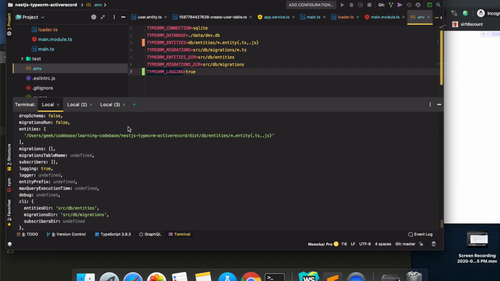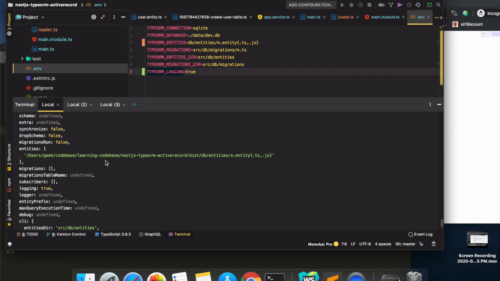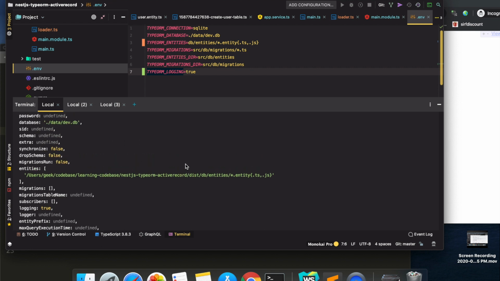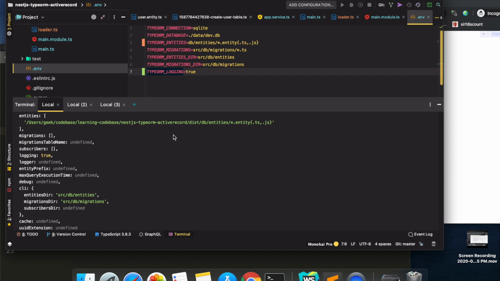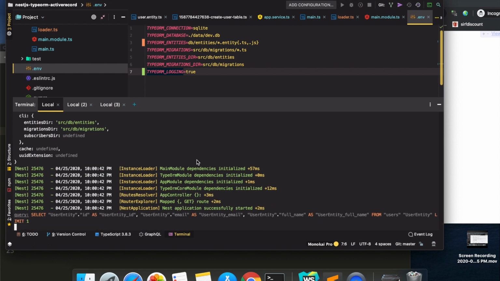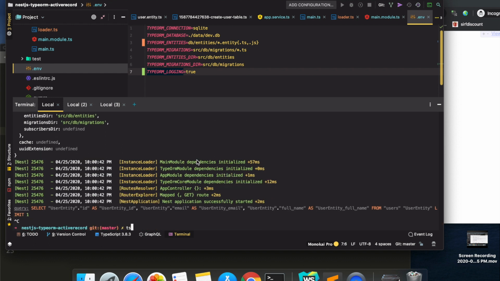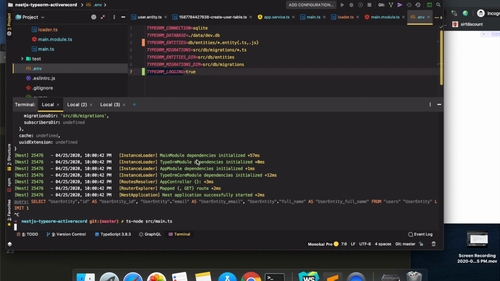Now one more thing here. Basically we are running this code using Nest, right? So it's running the JS version of this code. Now if you want to run the TypeScript version, all you need to do is run the main file with ts-node src/main.ts, right?